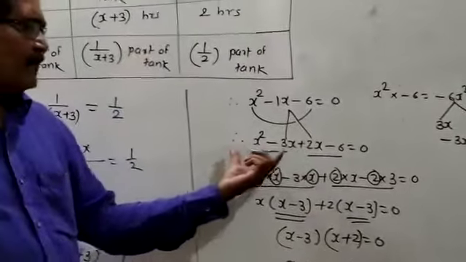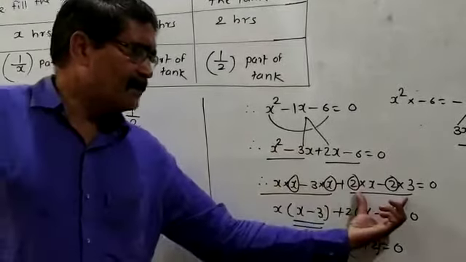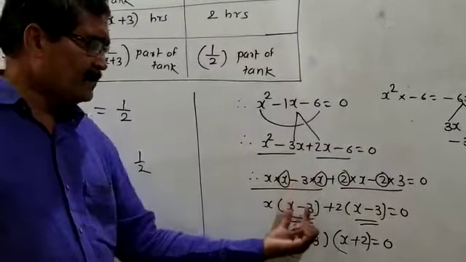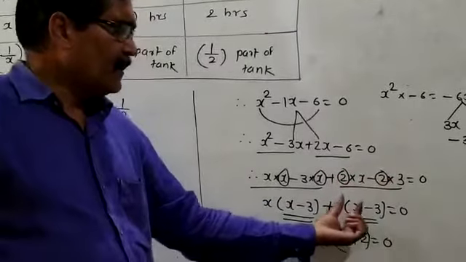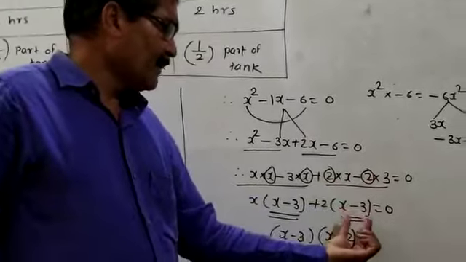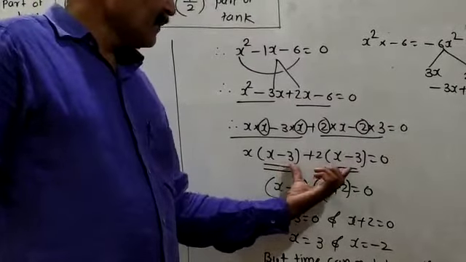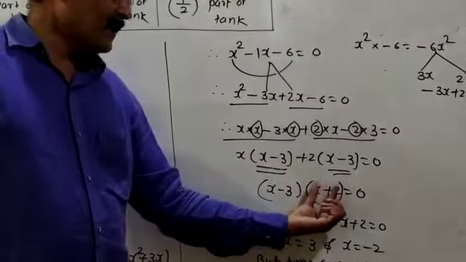Then you make the group of the first two terms and last two terms. Write the first two terms in the product form, last two terms in the product form. Then from the first two terms you have to take out x common. At that time x minus 3 remains in the round bracket. From the last two terms you have to take out 2 common. x minus 3 remains in the round bracket. Then for this step both the brackets have to come same and they are same. So x minus 3 will come common. That time x plus 2 you have to write in the another bracket.